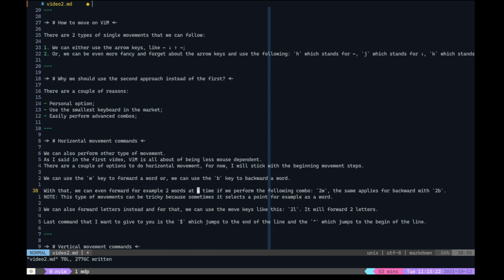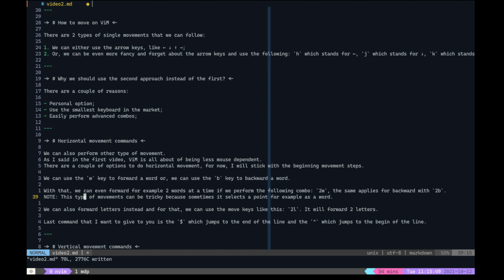I press it again, forward. If I press 8B, it goes backward 8 words, because I pressed 4W 2 times, and 4 multiplied by 2 is 8. It goes to the beginning of the file basically.